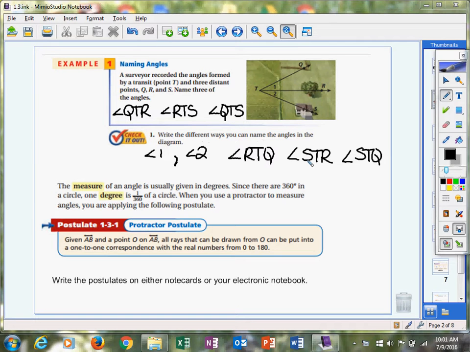Students, welcome back. We're in section 3 of chapter 1. We're going to do example 2, measuring and classifying angles. You do need to get out your electronic notebook template so you can put in this next postulate, the protractor